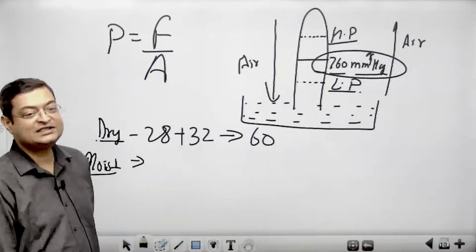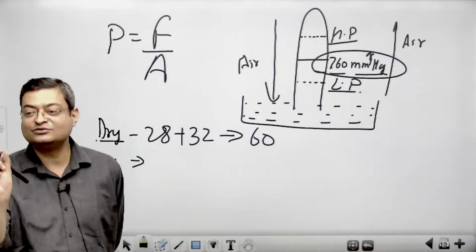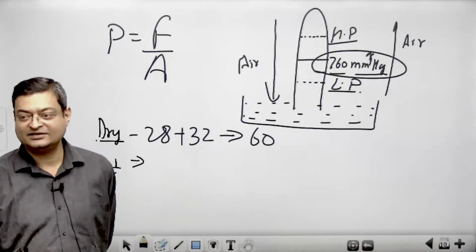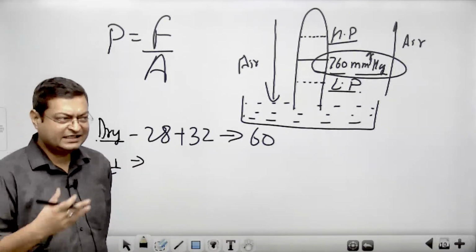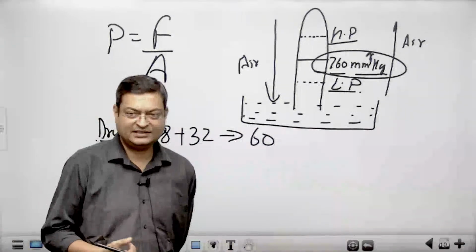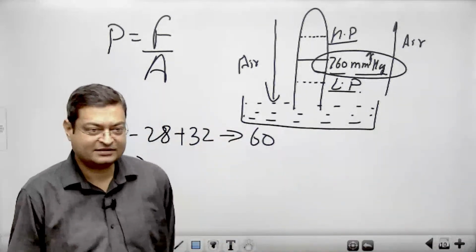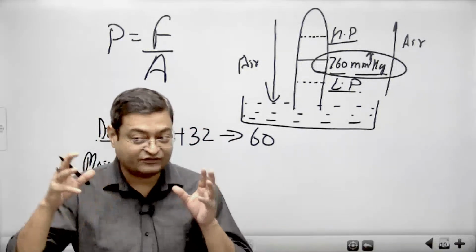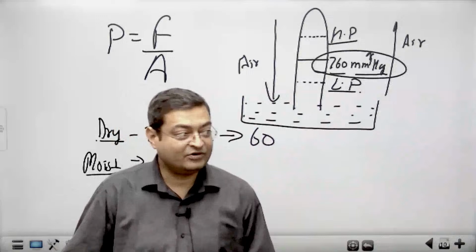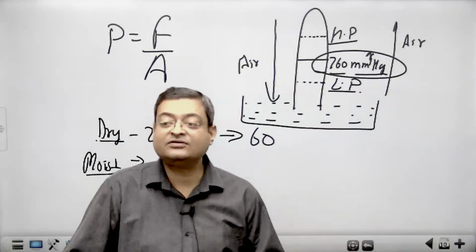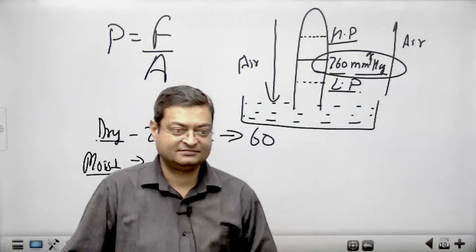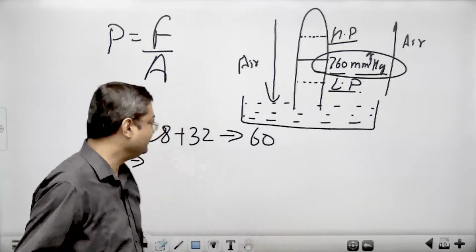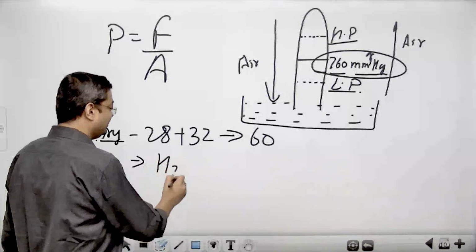Moist air mostly comprises H2O. It has less nitrogen and oxygen. Have you taken any steam bath? कभी लिया है सोना bath? If you take that sauna bath, it consists of steam, because if the steam increases, you are going to feel suffocation, क्योंकि उसमें oxygen कम हो जाता है. So it is mostly consisting of H2O.